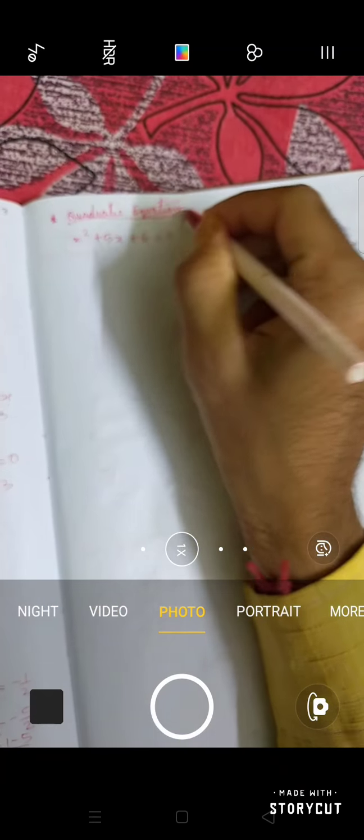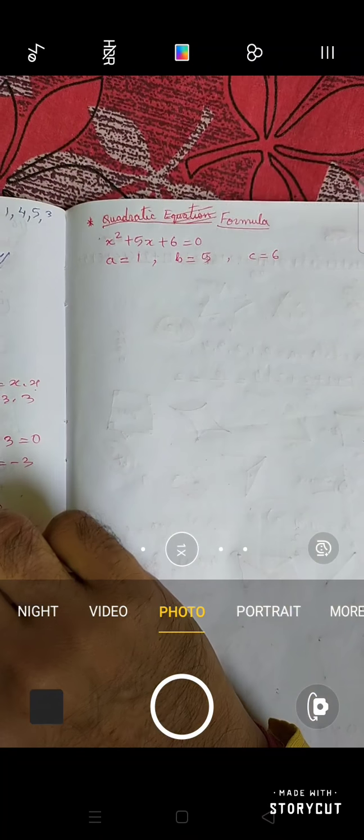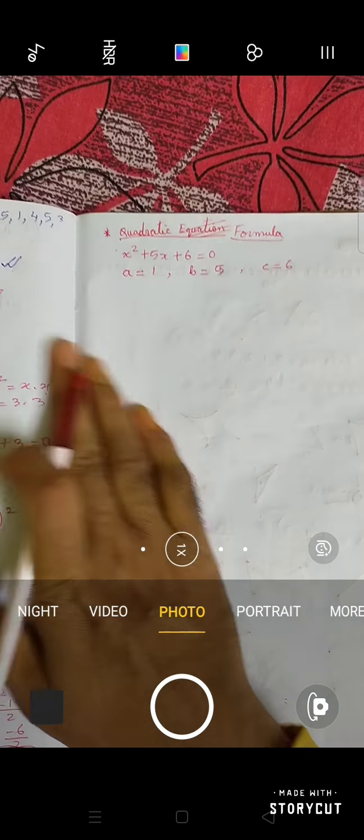Remember, last class also I told you that the best method to solve any quadratic equation is the quadratic formula. This is the best way to find your answer. All methods are simple, but the less time consuming one is middle term factorization. If you get the middle term easily, then it's better to apply middle term. Otherwise, if you are not getting the middle term, it's better to apply the quadratic formula. So remember this properly, okay?